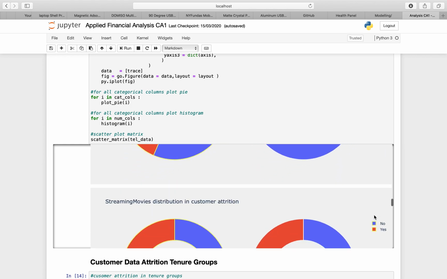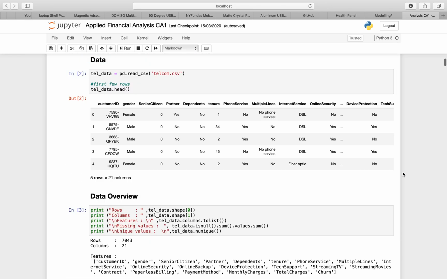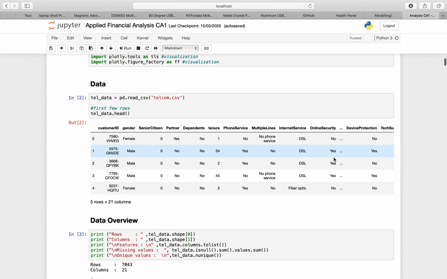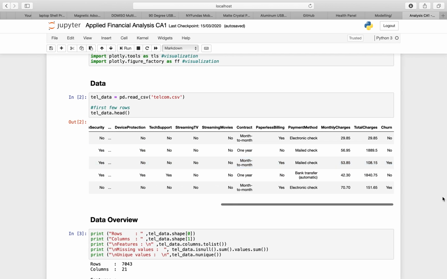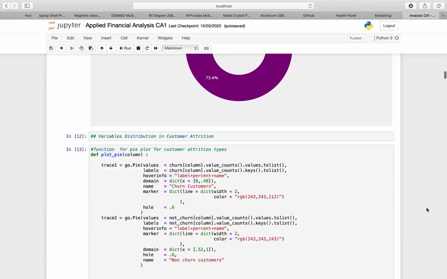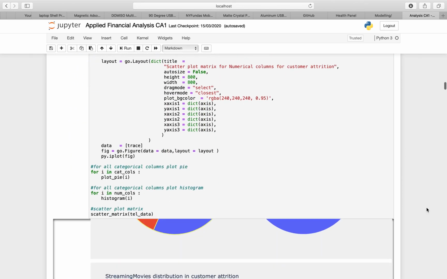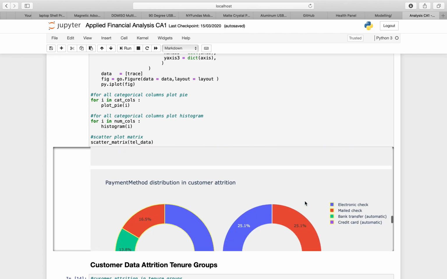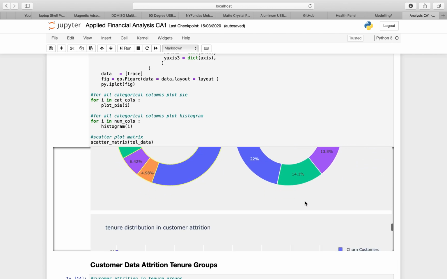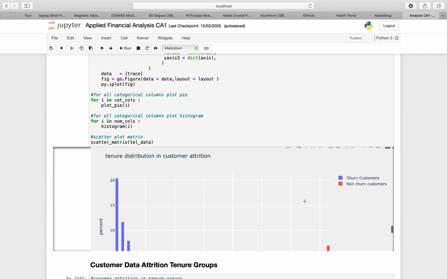I just had to do each column basically. When you check each column like this, I went to each one and created a pie chart for every single one of them. So I just went over all of them, one after the other. Then this is the histogram